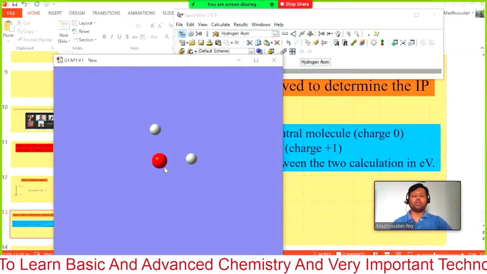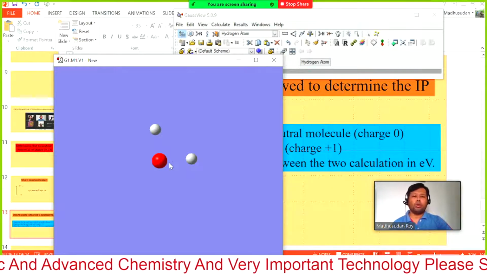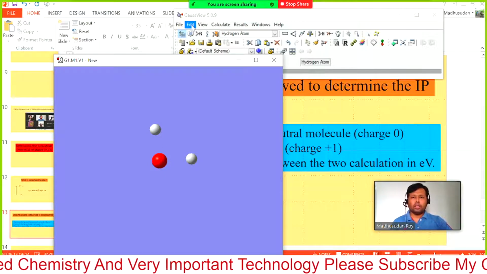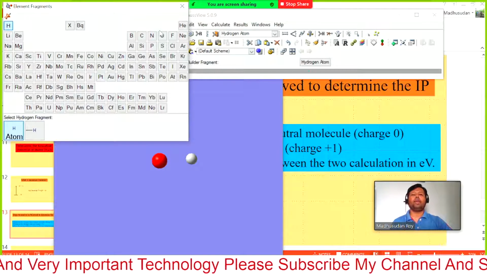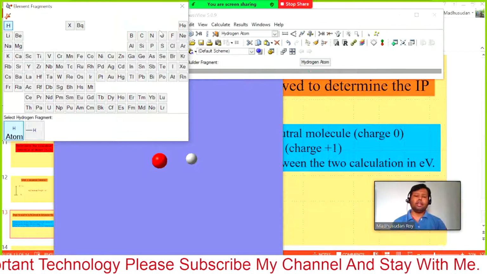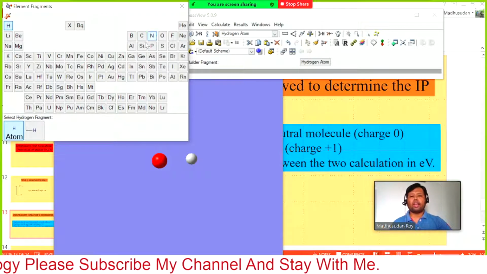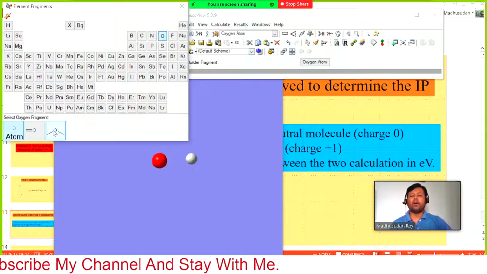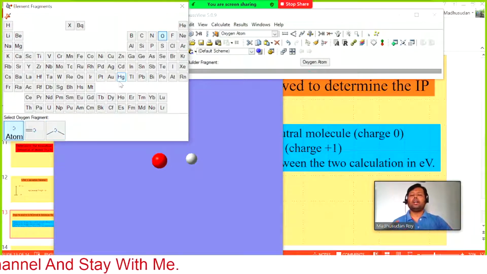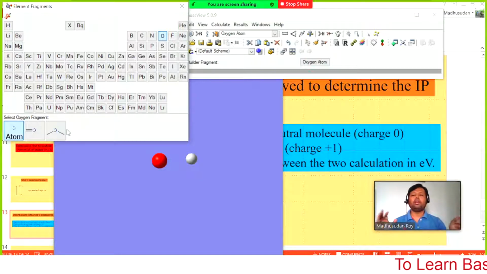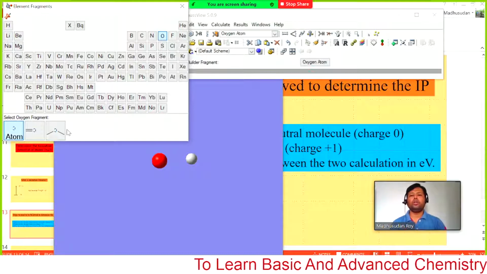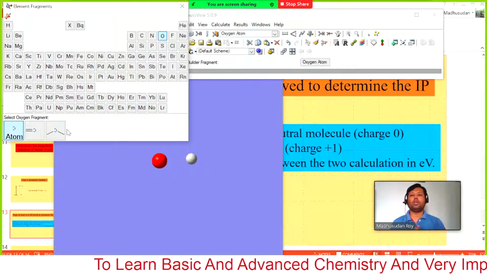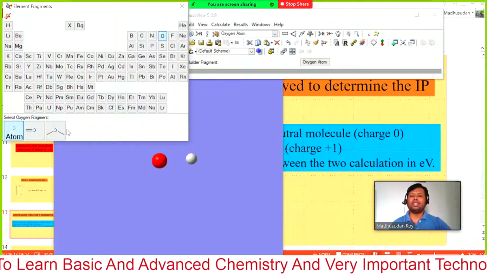Now you need to give the bond, whatever type of bond you want. If you have a very complicated or very big molecule, you cannot have an option like this, as for oxygen or water. That means the program has given it by default so that you can easily draw. However, if you want to draw a very big molecule, you need to draw it by yourself. That is possible, so I am going to show you how we can draw an individual molecule which is not available in the default format.